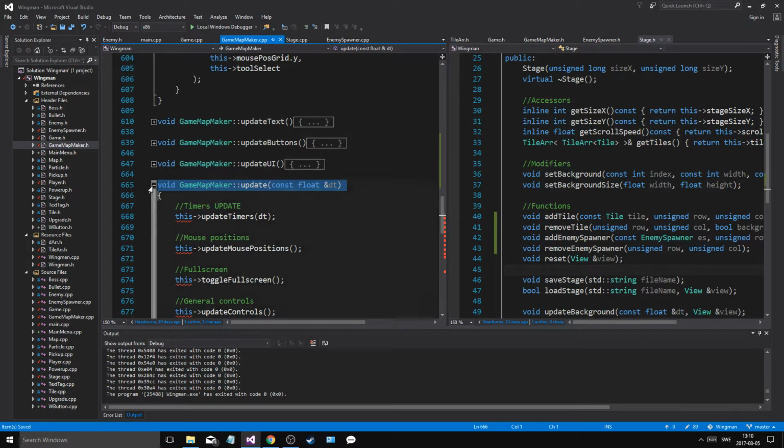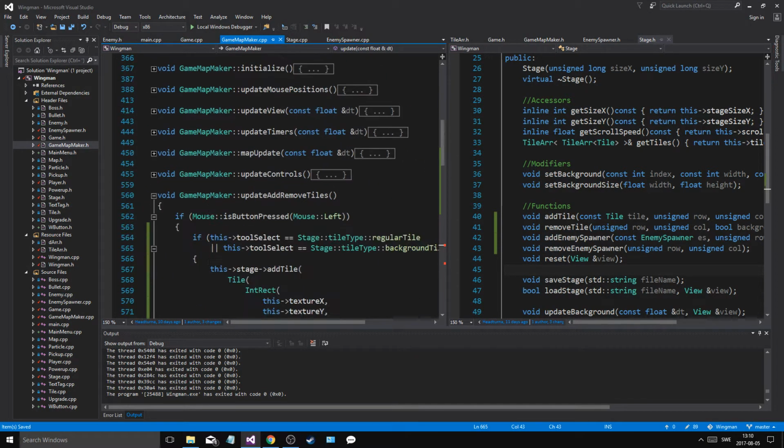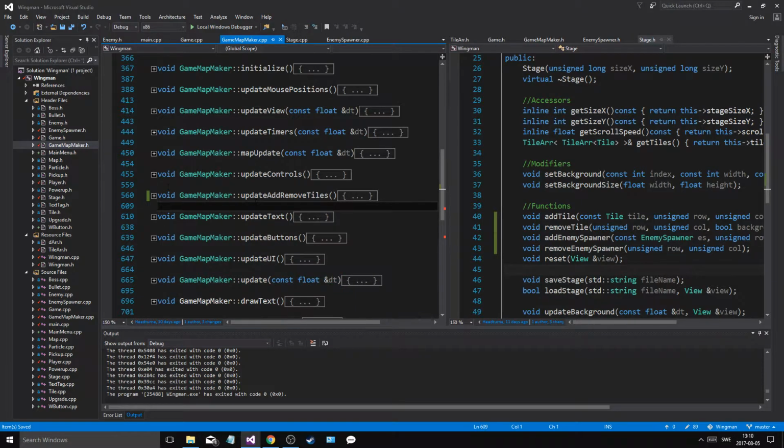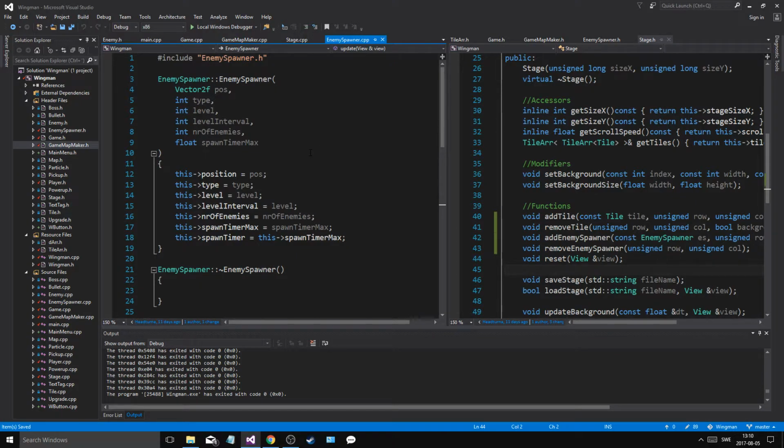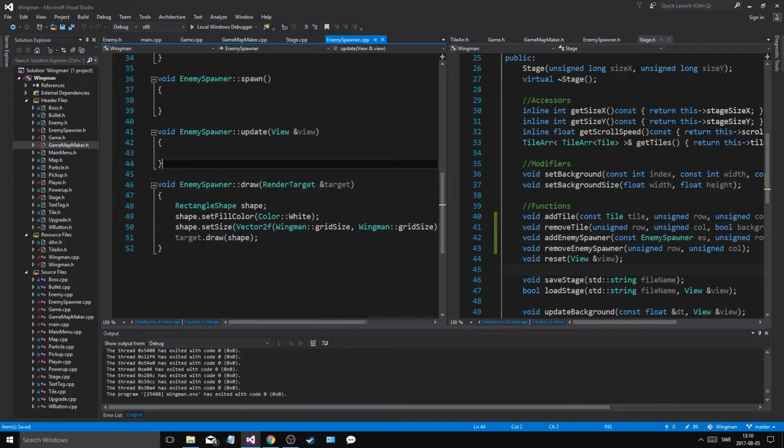Expected a declaration. Okay, you know what? I don't even know what the hell's going on. But for now, we're okay. Because I can add and remove enemy spawner now. As I draw enemy spawner, it's gonna draw the shape. So if we just run this,